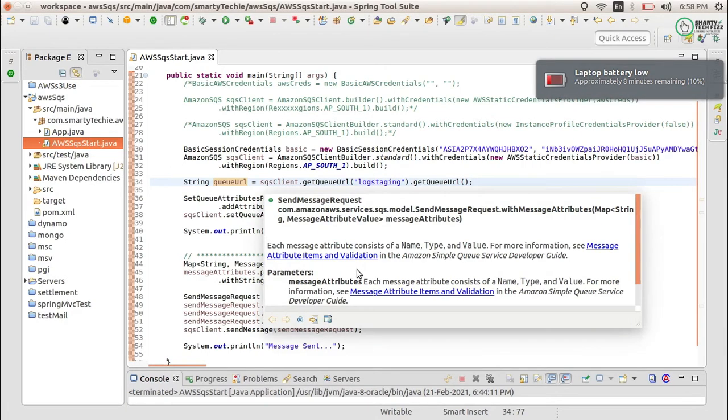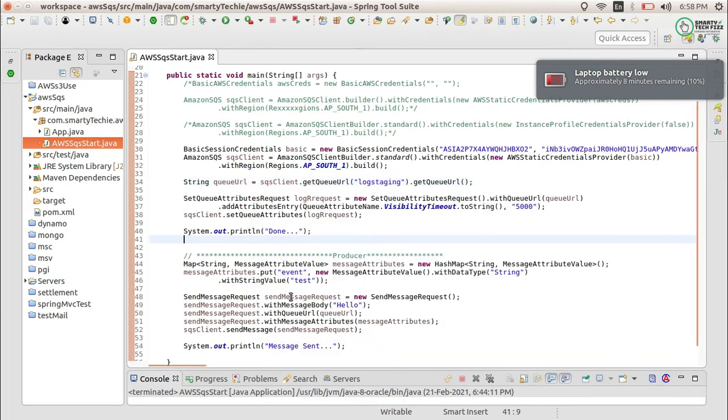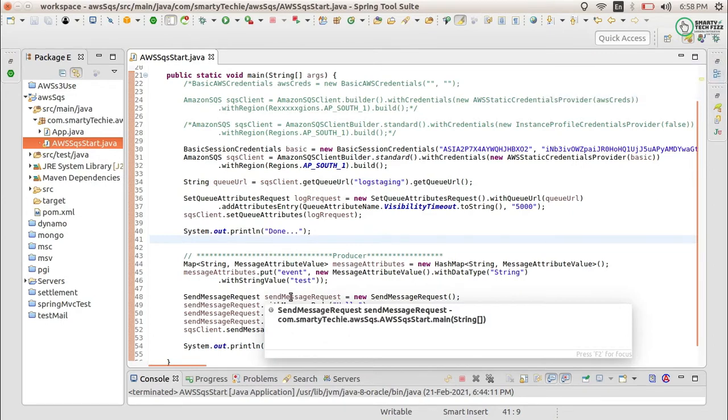For this we need a message attribute value, if you want to send something else. See, we can have a number of queues for different purposes, right? And in a single queue we can have different types of events.